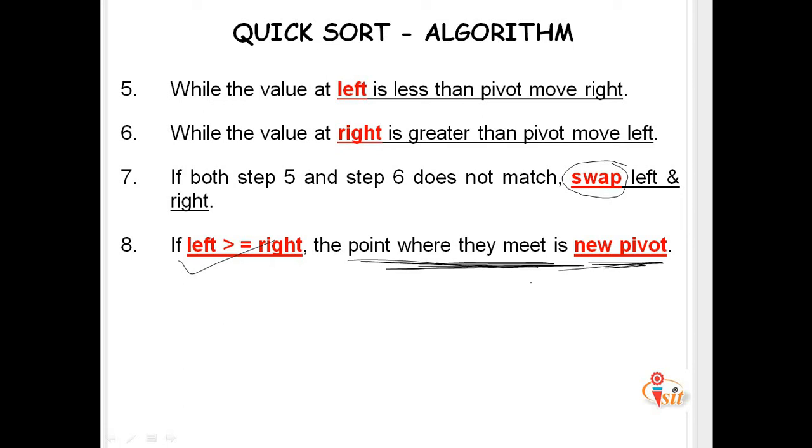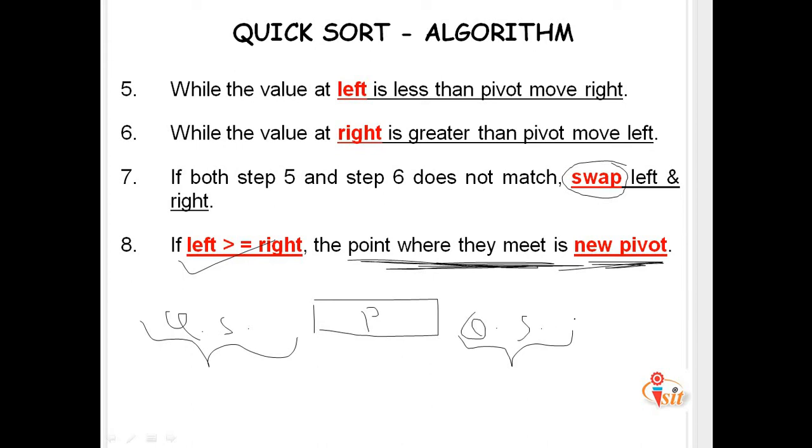After getting the new pivot, consider this is the pivot element we received here, so we get the left subarray as well as the right subarray, and the pivot we call the sorted position. Again we need to apply quick sort to the left subarray and apply quick sort to the right subarray. Like that we are going to implement the concept of quick sort.